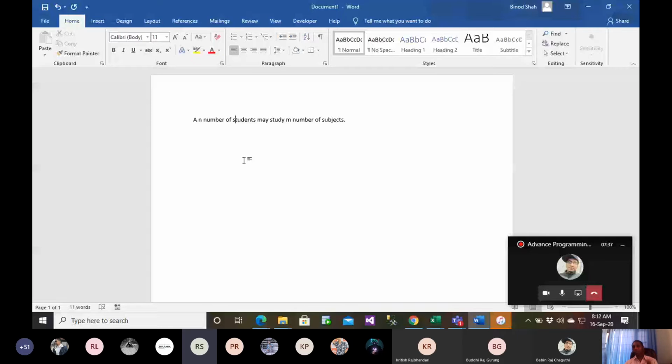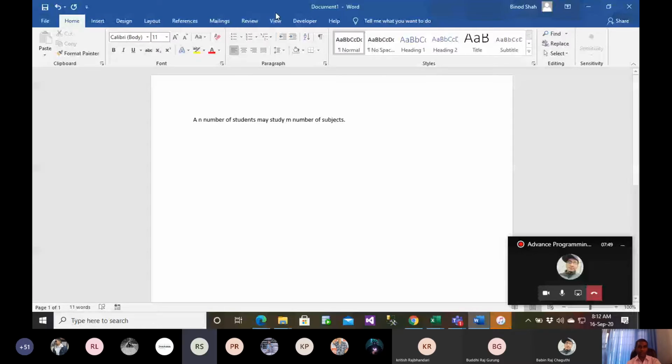We could have such cases, and in this case what we need to do is publish the names of all the subjects that have been studied by the student, and publish the percentage scored by the student.